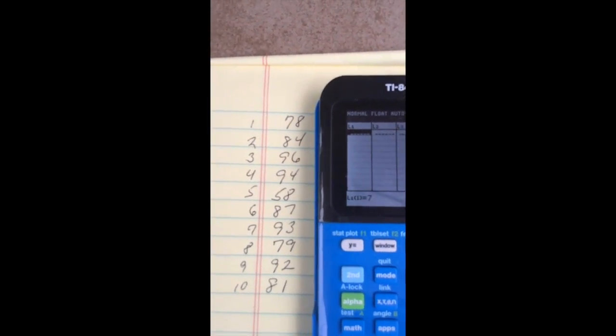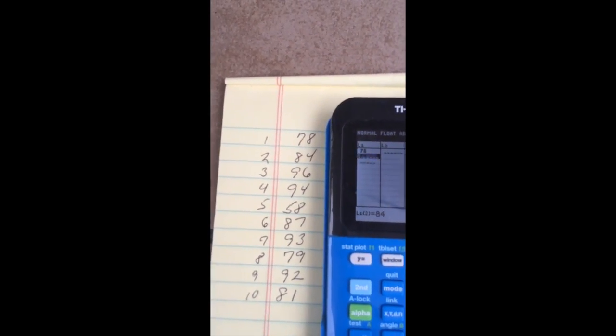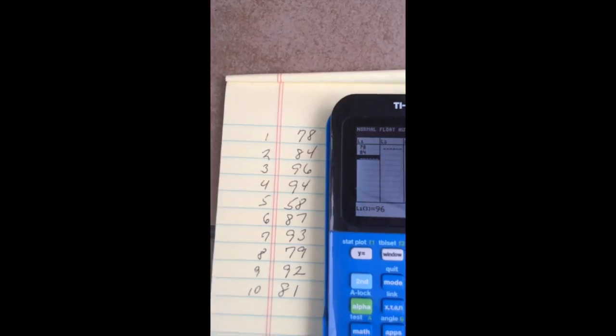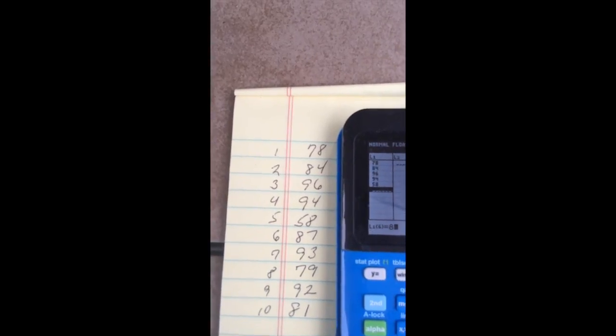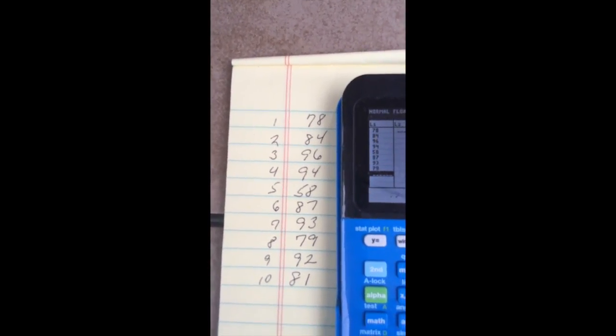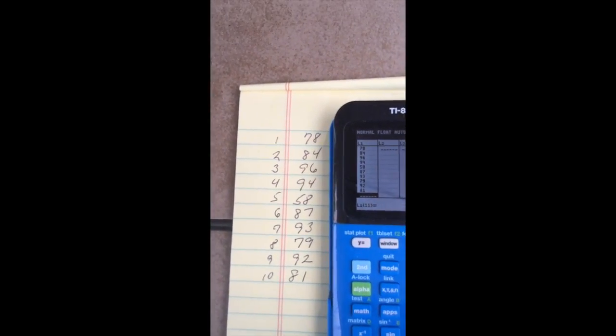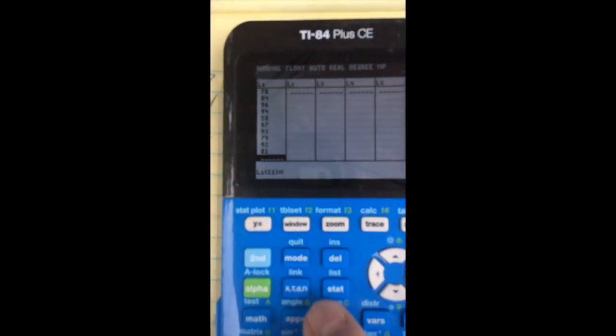So let me put my calculator here, and you'll see what I'm going to do. So I've got 78, 84, 96, 94, 58, 87, 93, 79, 92, and 81. Now once those are entered, I now hit stat again,